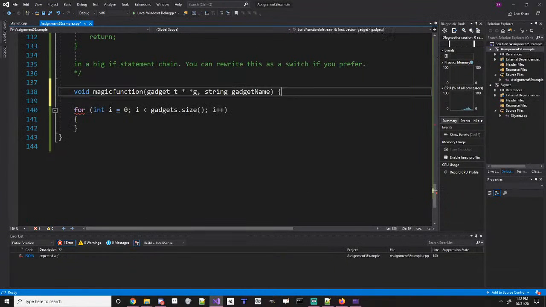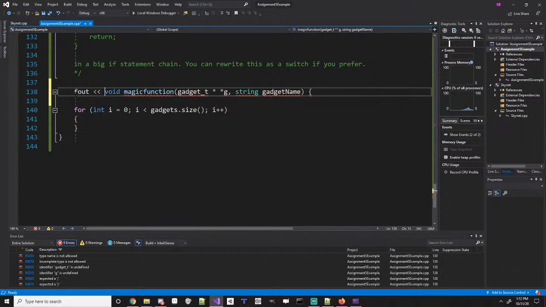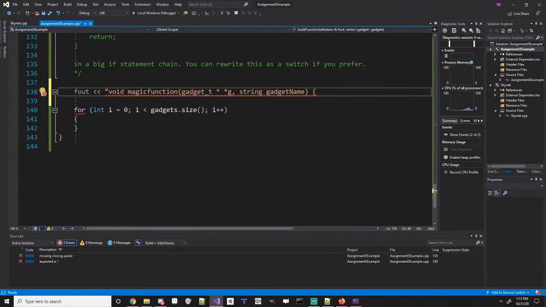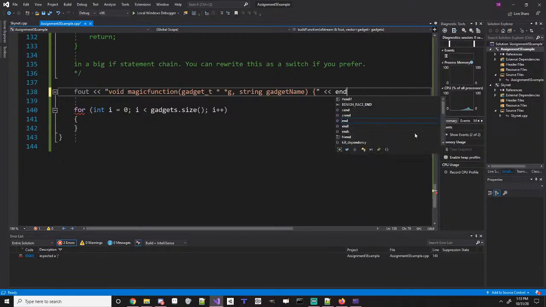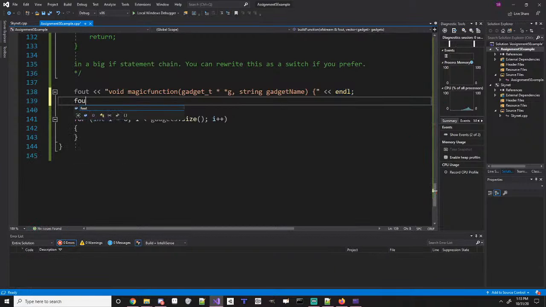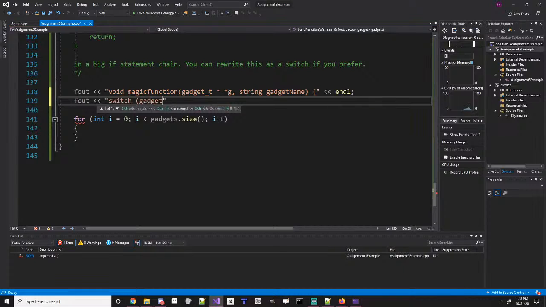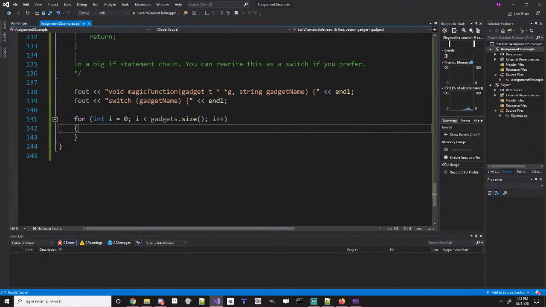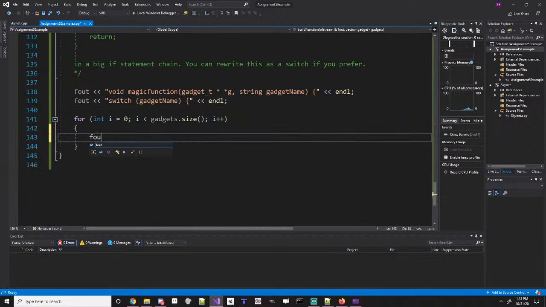So first off, we will just f out the function declaration with name, and then we'll just maybe do a switch statement or something. I don't know. Let's just do a switch statement rather than an if. So we'll say switch, and then we'll base it off the gadget name. So switch gadget name, there's that, and then end line, and then we just need to write each of the cases. So f out